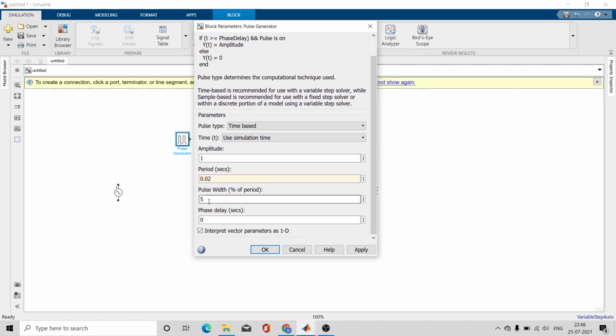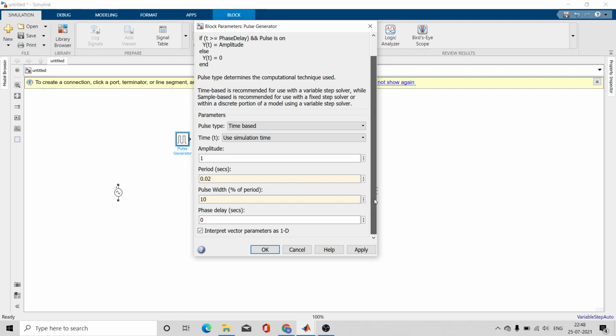Let us give the pulse width of 5 to 10%, because here we are not concerned with it. So the smaller width is also okay over here. You can give 10% also.